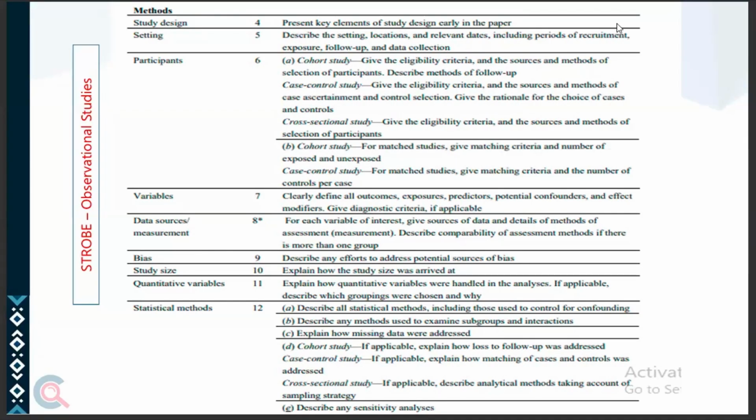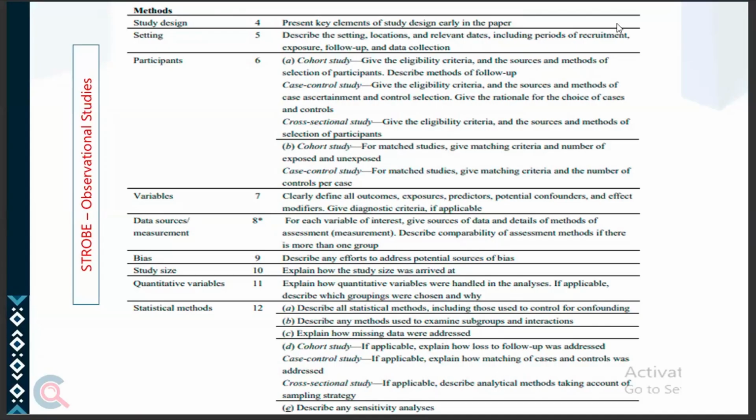If you're doing a cohort study, you need to give us the eligibility criteria that was used, the sources and the methods of selection of the participants, and describe the methods of follow-up. In case of a case control study, you have to give the eligibility criteria, the sources and methods of case ascertainment and control selection. You also have to give the rationale for the choice of cases and controls. For cross-sectional studies, you have to give the eligibility criteria as well as the sources and the methods of the